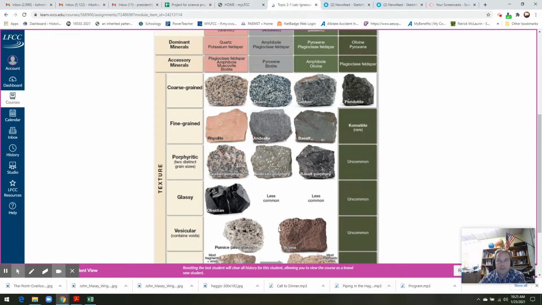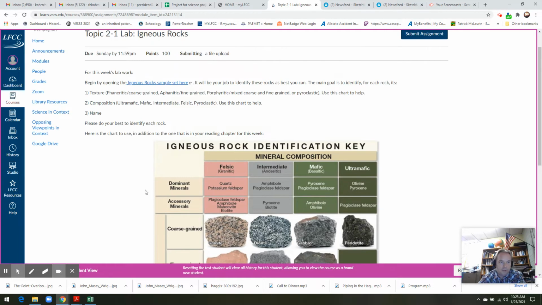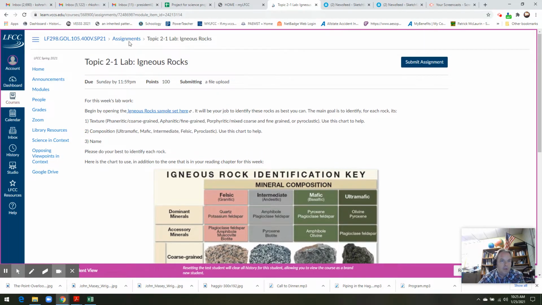Once you've identified those with igneous rocks, it's just a matter of figuring out which named rock is in that chart. This is one identification scheme. There's actually a much more detailed chemical identification scheme, but we're not going to get into that. It's a bit more advanced. So this is your basic scheme here. If we go back to the prior page here,